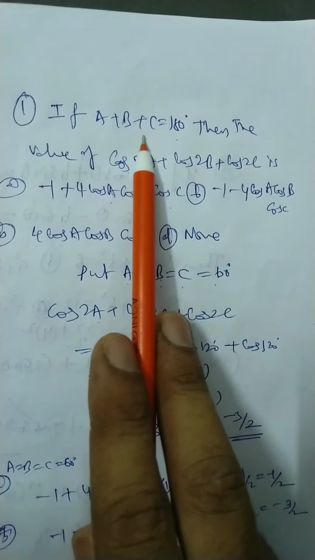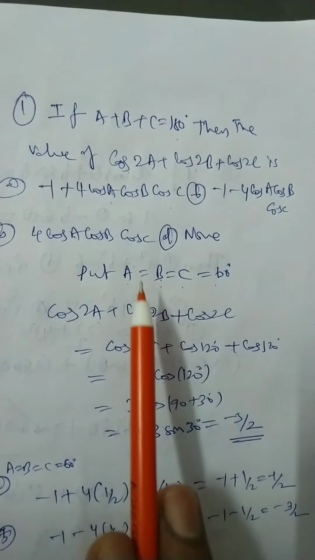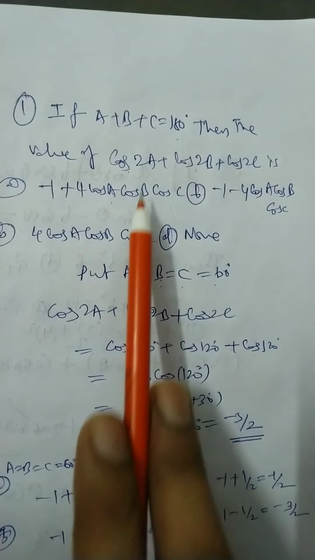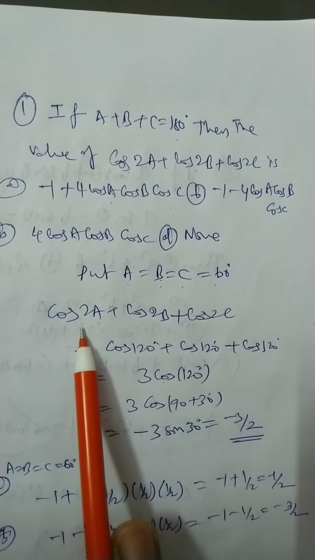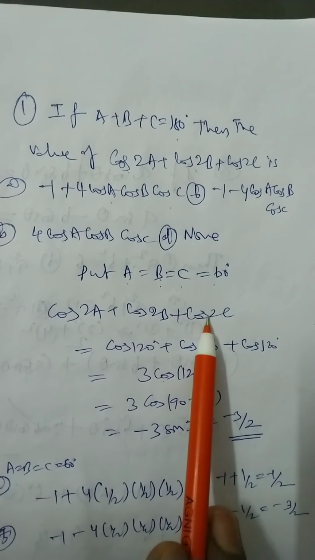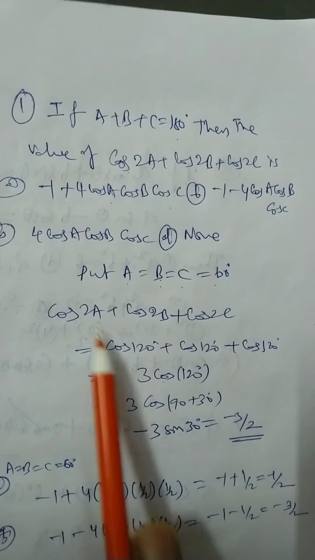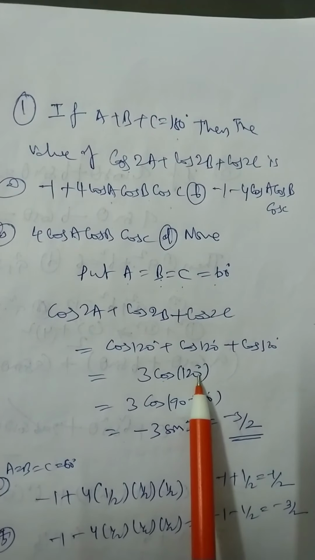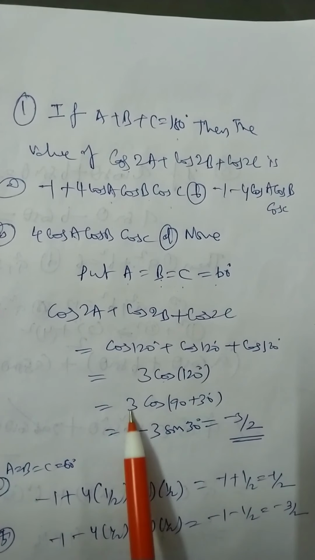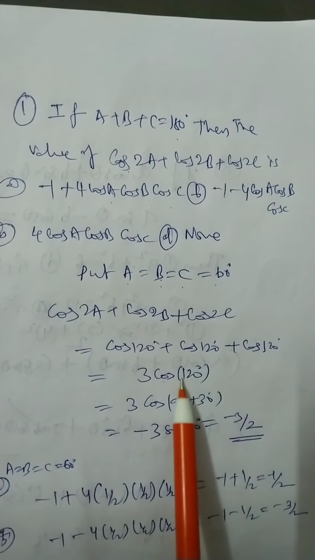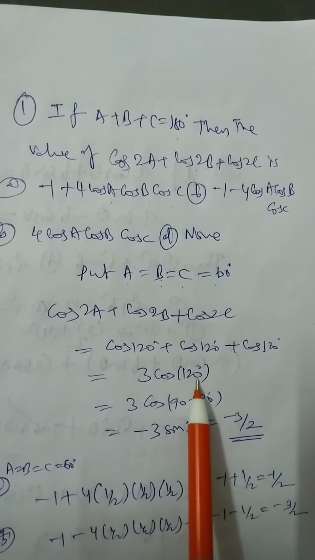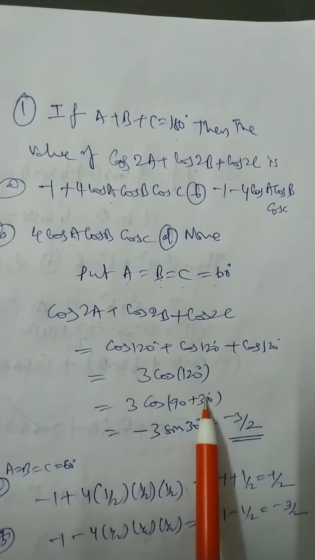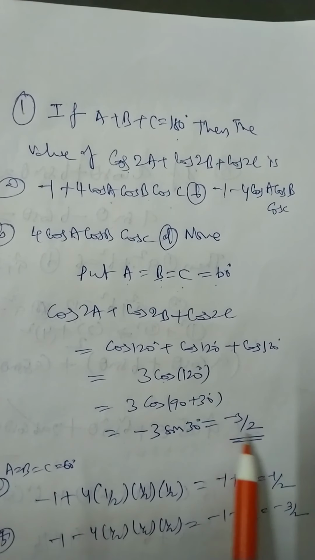As you all know, the sum of angles of a triangle is 180 degrees. So here I am substituting A, B, C as 60 degrees in the given expression. So the value is cos 2A + cos 2B + cos 2C, which is cos 120 + cos 120 + cos 120, the sum of three angles of the same kind, 3 cos 120 degrees. If you do not know directly the value, it is actually -1/2, but you can write it as cos(90 + 30) degrees. So you get the value as -3/2.